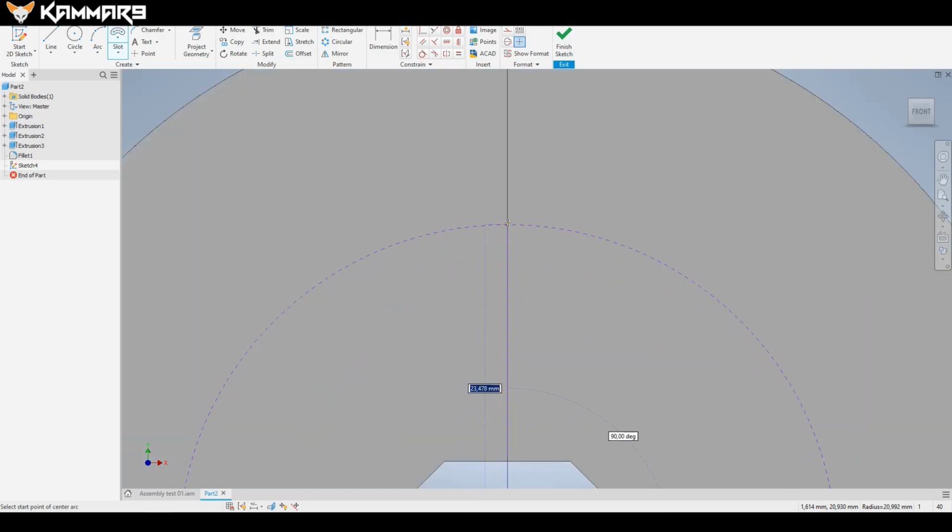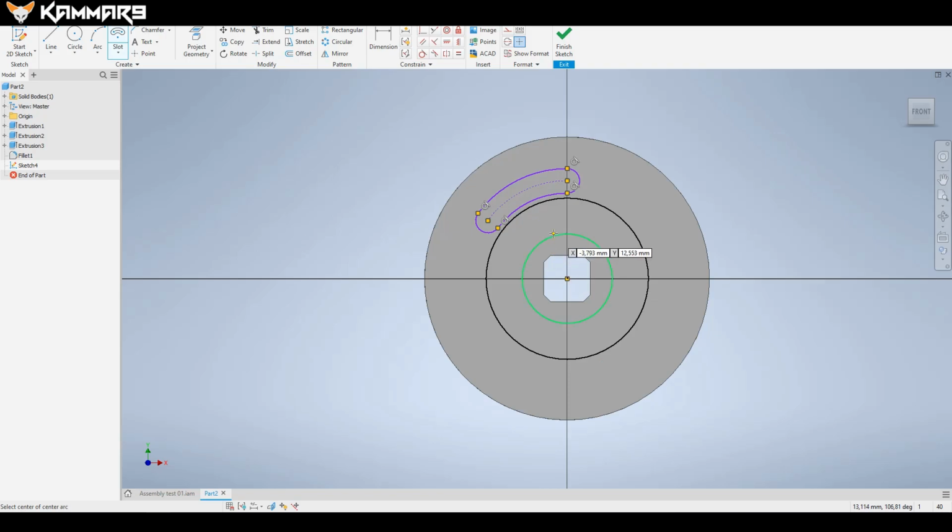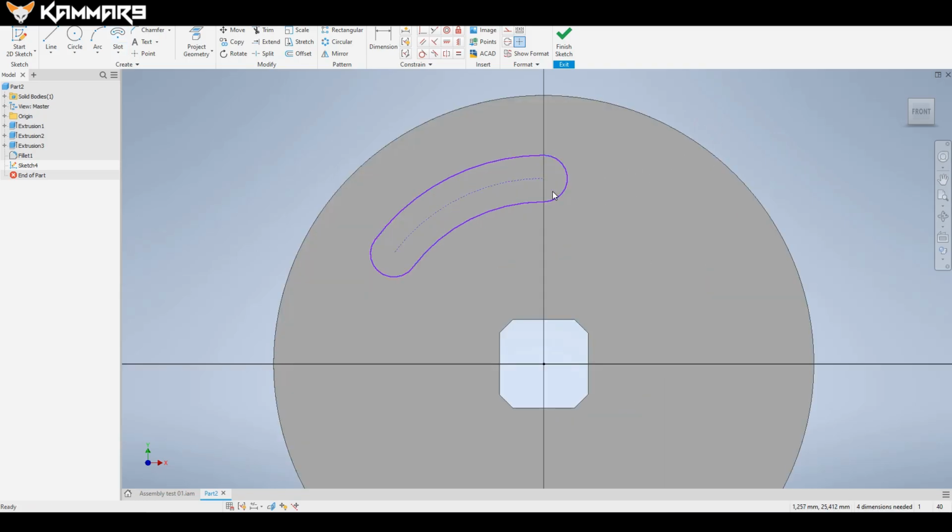Let's click here and make sure you are vertical, and add another point here. Okay, now let's add some dimensions. Here you have 25, have 5 here, and